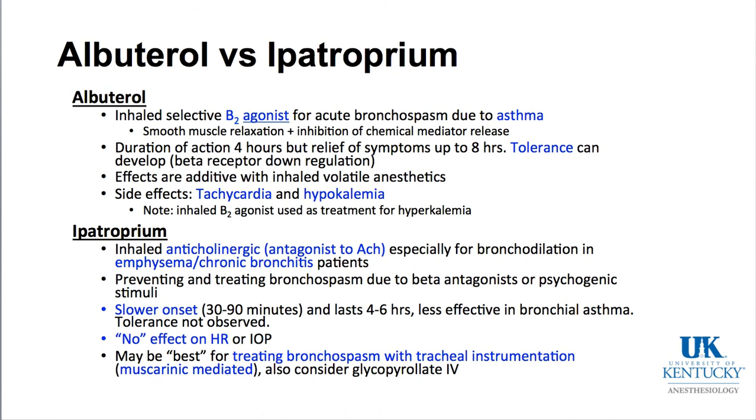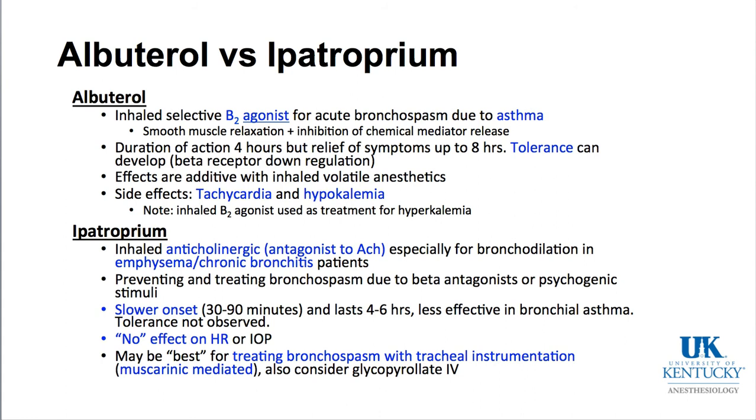It's why we don't use these short-acting beta-2 agonists around the clock in patients with asthma because of this tolerance, and then when they need it in an emergent situation, it doesn't work very well. Beta receptor downregulation is one mechanism. Some side effects of albuterol: 1, tachycardia, and 2, it drives potassium into the cell, the beta effect, and hypokalemia is